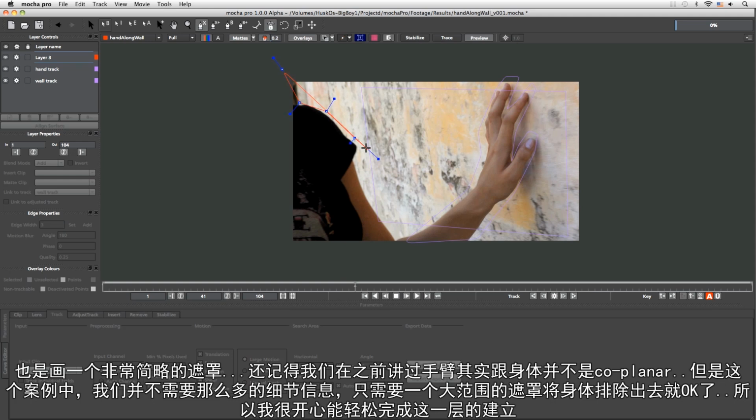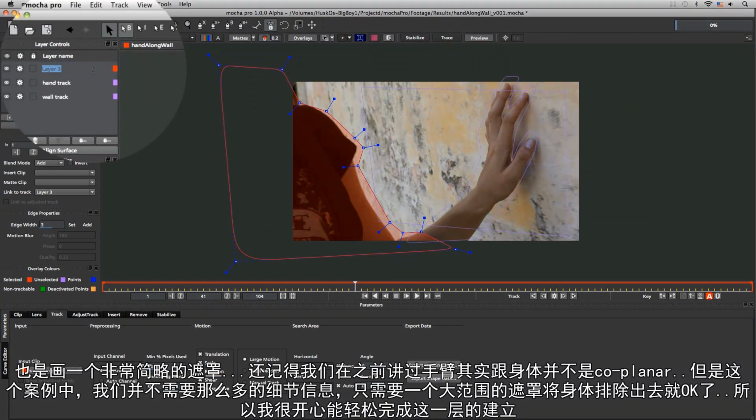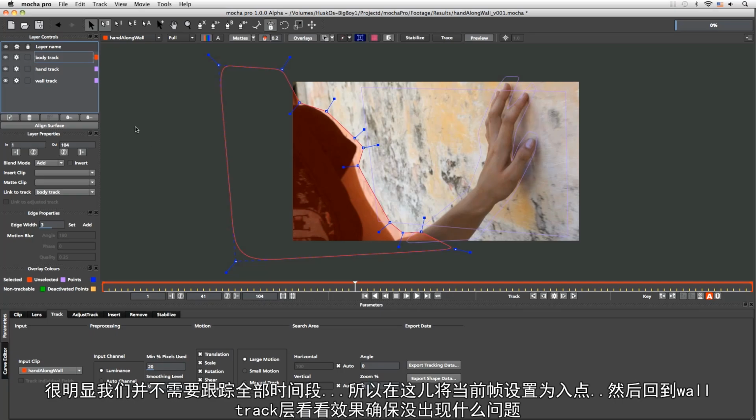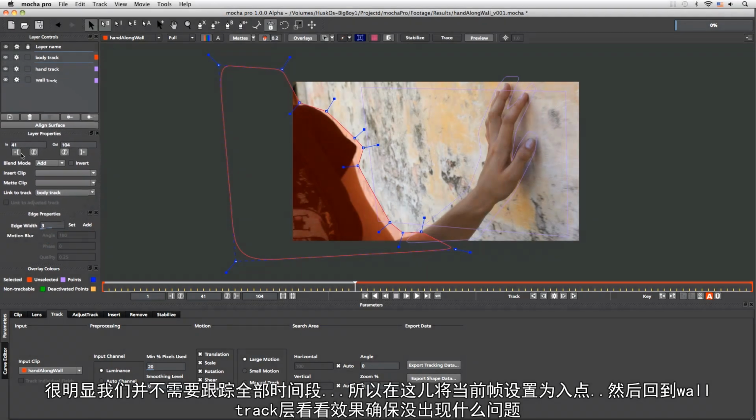So again, keep it fairly loose. If you remember, in the opening part of this chapter, we talked about how the back arm here was not coplanar with the body here, because the movement of the back arm is slightly different to the movement of the body. Now in this case, when we're just using it as a track matte, that's not going to have much significance going on at all. So I'm happy to create one big shape for my body track there. And do I need this to start any earlier? No, I don't. So I'm going to come in, set the in point of this layer to the current frame,